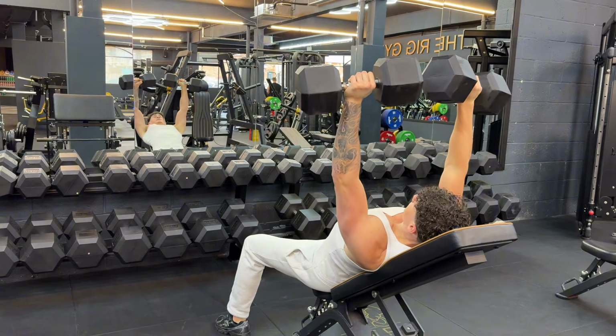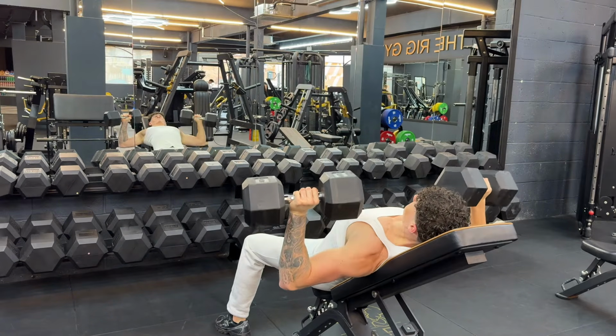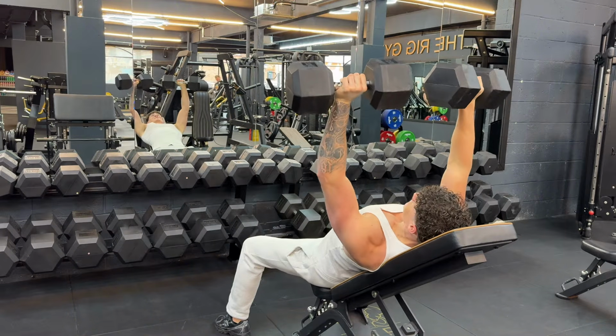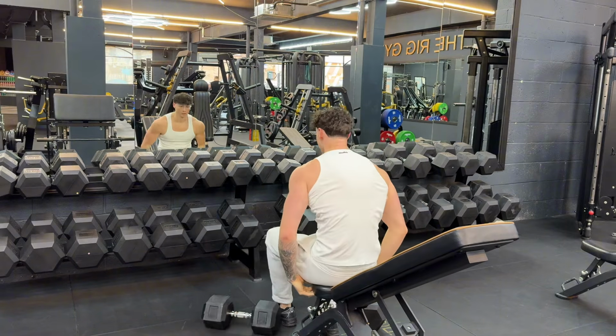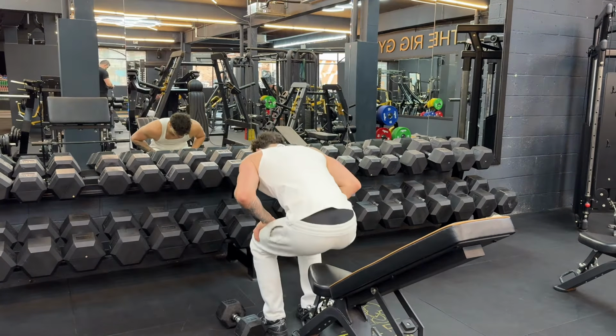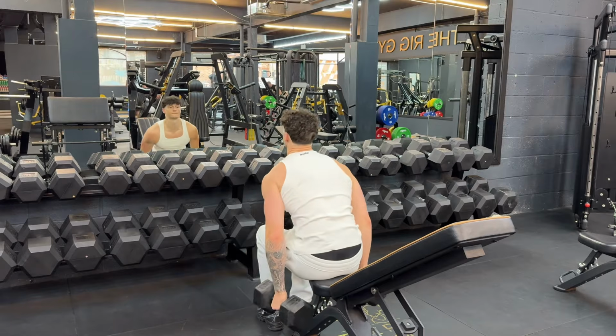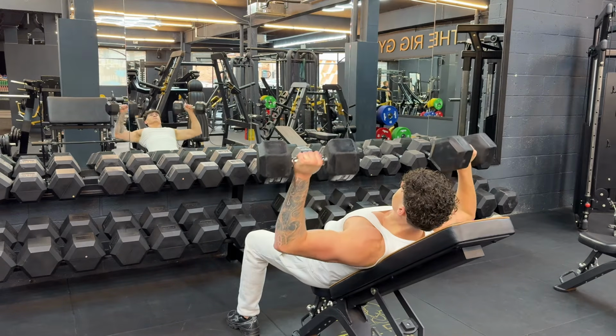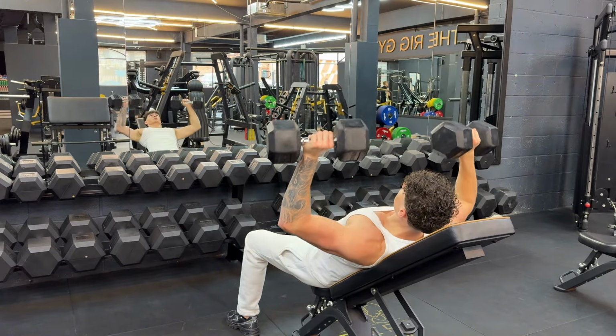Usually, if this was my first exercise, I would be able to go heavier, but I'm not as concerned with the weight I'm pushing, more the contraction of the muscle. As I said, this is coming off the back of me being ill. After that first set, I was completely fatigued. I had a headache, so I dropped the weight down, but I just made sure on set 2 and 3, I was getting the reps in. I didn't care about the weight I was pushing, but I was getting the reps in and I was controlling